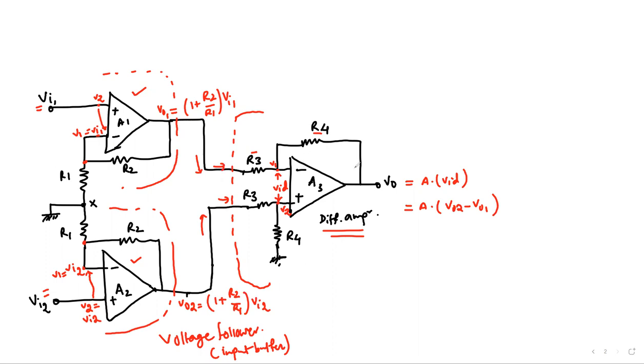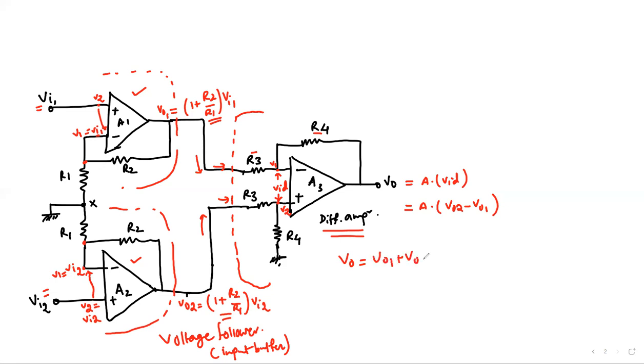So what we have here is that these two buffers act as a buffer between the input signals that we apply to this amplifier and the differential amplifier. Additionally, they have gain in the first stage by the factor 1 + R2/R1. And therefore, the total gain of the circuit, we know that VO is nothing but